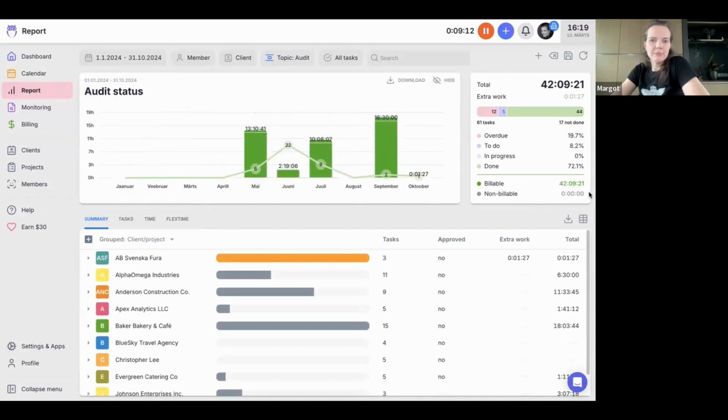And here's a better example of audit projects, for example, where we do have some cases where tasks are still overdue or where tasks are already done. So yeah, you can build your custom reports to get that specific information that you want to track. To simplify tracking,